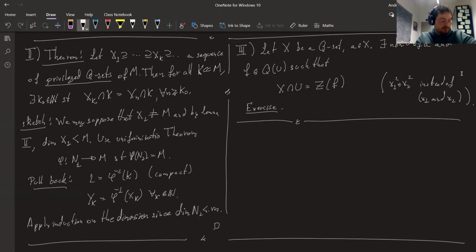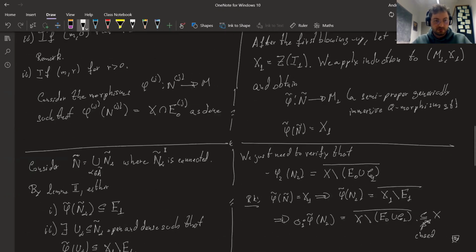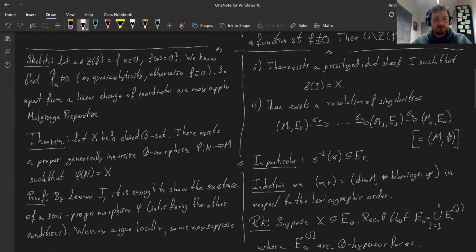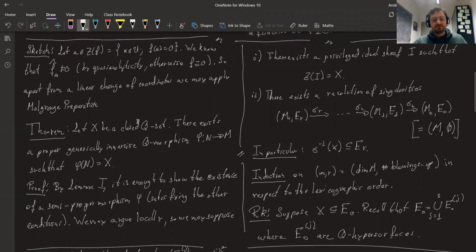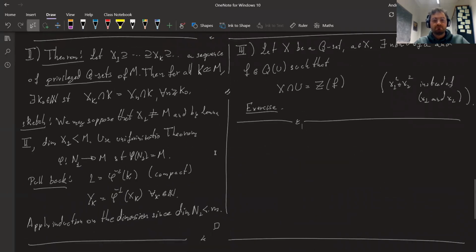And now in the last 10 minutes, I don't want to prove anything, I just want to state the result for the more general case. The result that we did for the uniformization theorem, recall, was for closed Q sets. That's something that we had already seen. And I just want to state it for the more general case of sub Q sets. So I need to give you the definition of it, and then maybe say a couple of words about what is necessary for you to prove it.